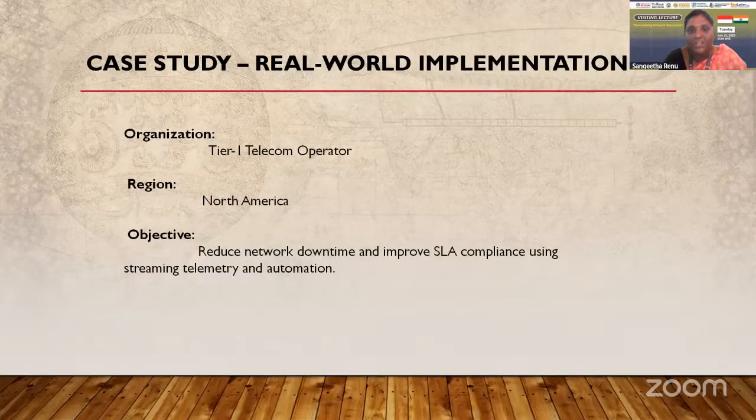Case study. Real-world implementation: the organization is a tier 1 telecom operator in North America. The objective is to reduce network downtime and improve SLA compliance using streaming telemetry and automation. The methods used are real-time analysis with Apache Kafka and Grafana, which provide triggering actions to isolate faulty hardware. The outcomes are,